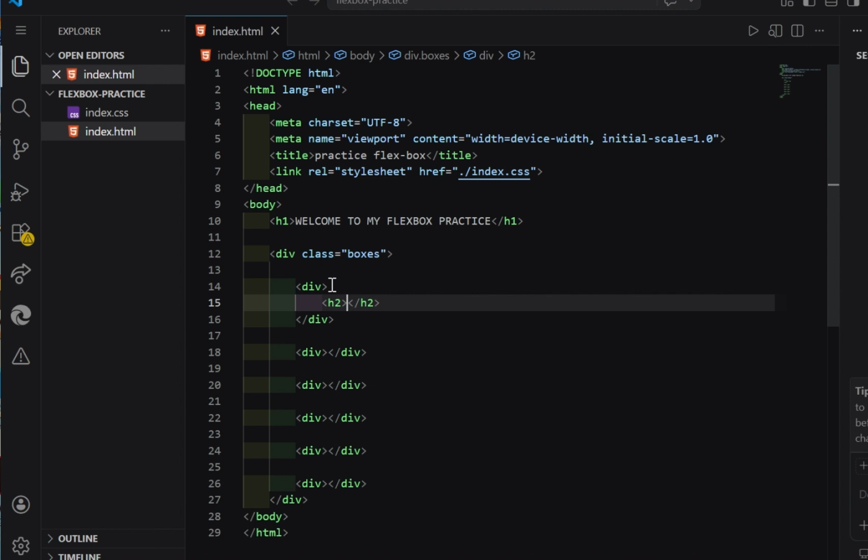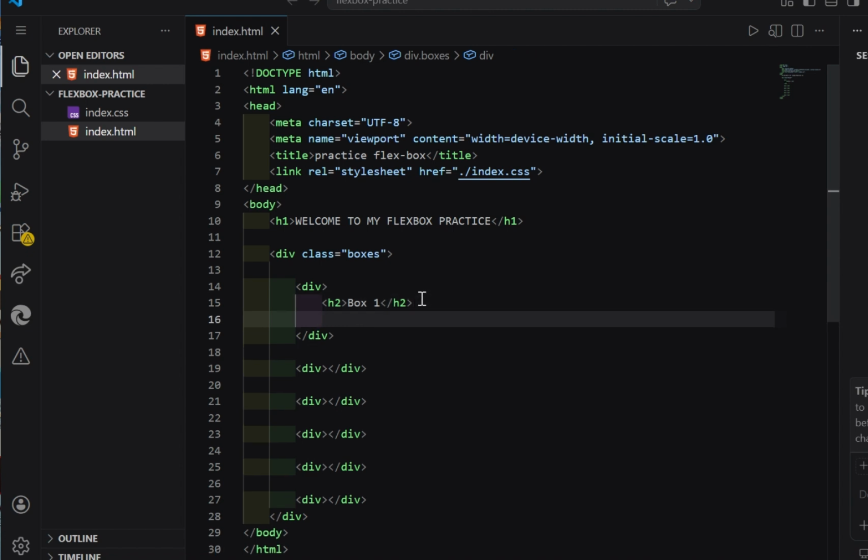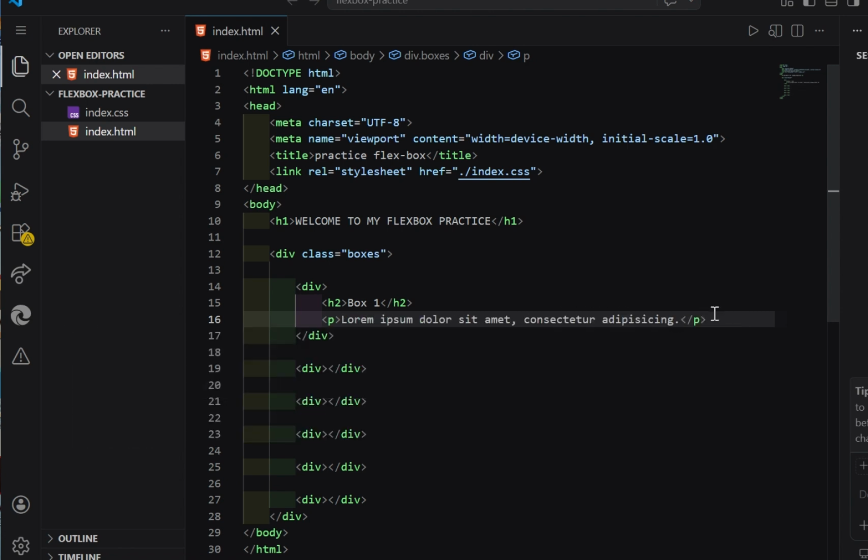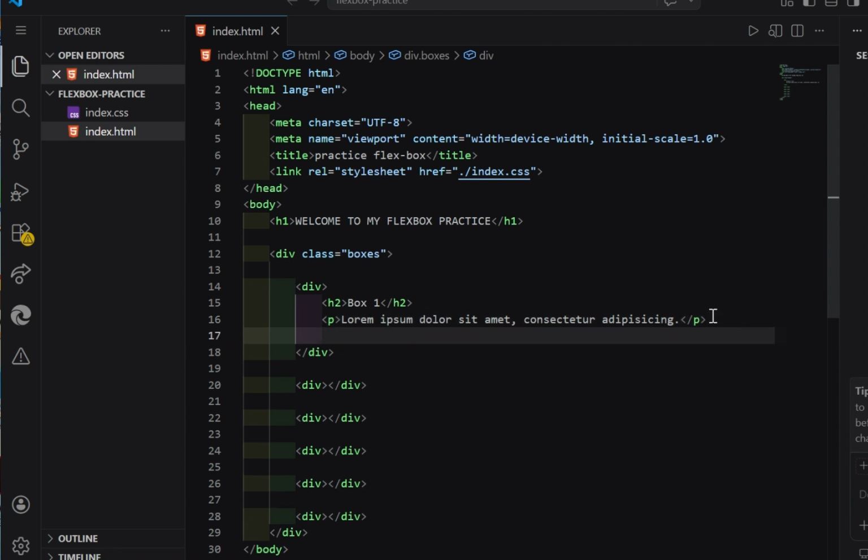So we are going to do this header, box 1, and with a paragraph. Let's do lorem this time. So paragraph, let's do lorem 7. Then after lorem 7 we're going to do href, then maybe we'll do something like